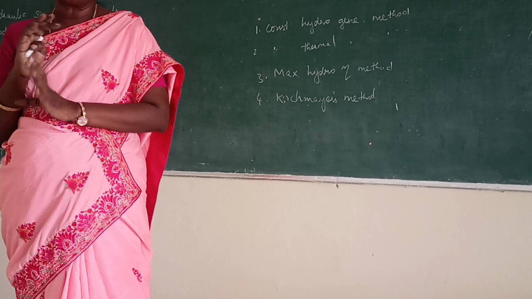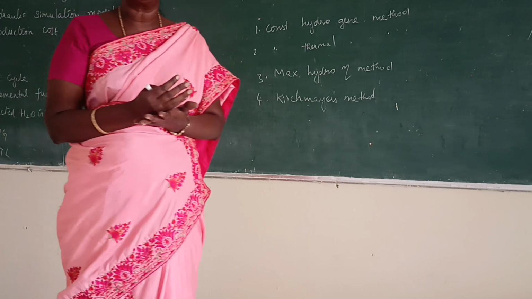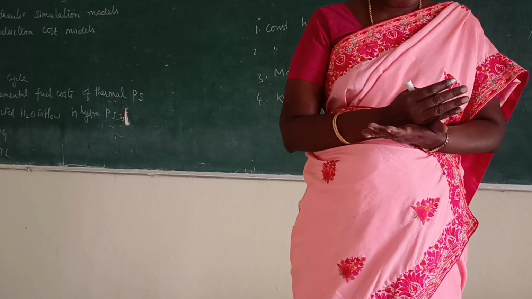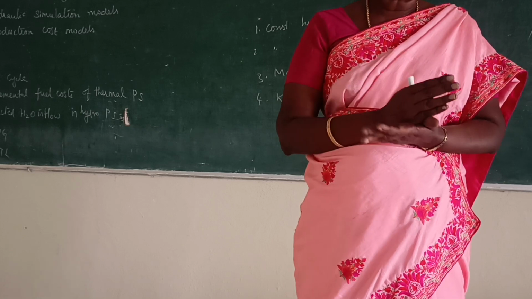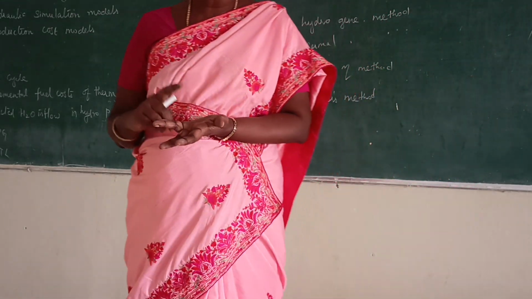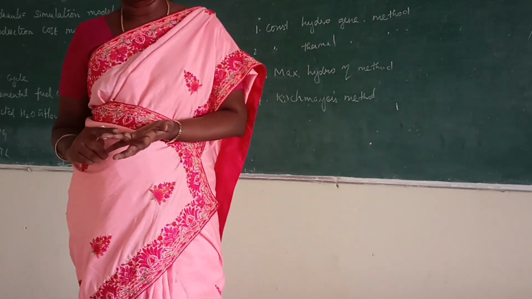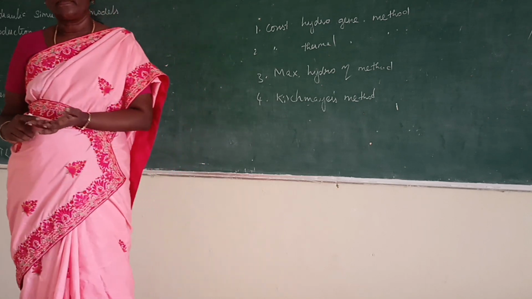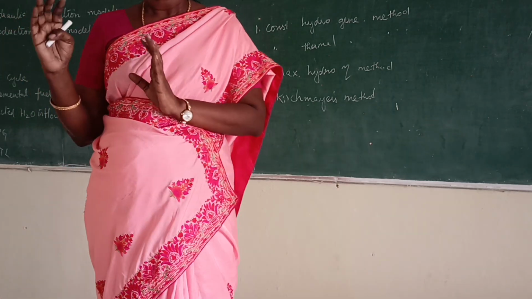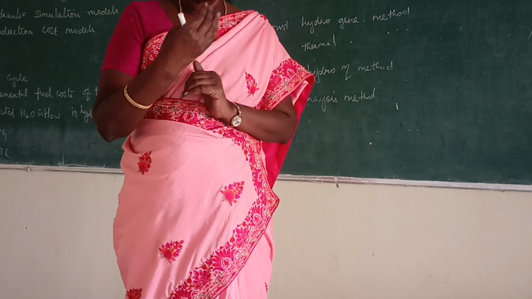So to meet the requirement, we are going to combine the thermal power station with another power station. Here we are going to consider a hydro power plant, the thermal power plant combined with the hydro power plant. In this case, we consider two cases: one is short-term capacity, another is long-term. In short-term capacity, the power is generated by the thermal power station, and along with this, to meet the demand, we get power from the hydro power plant.